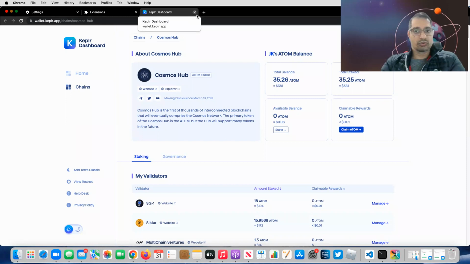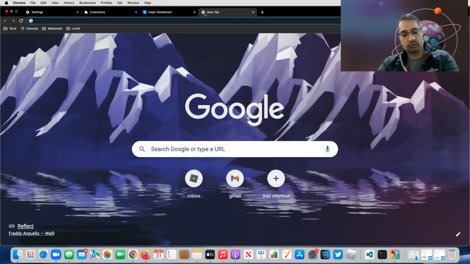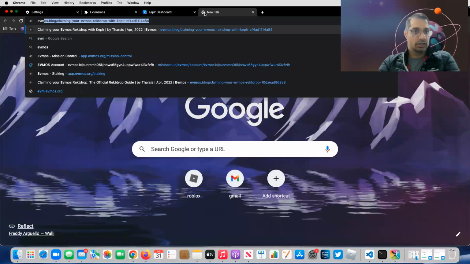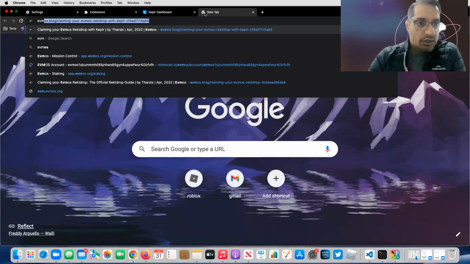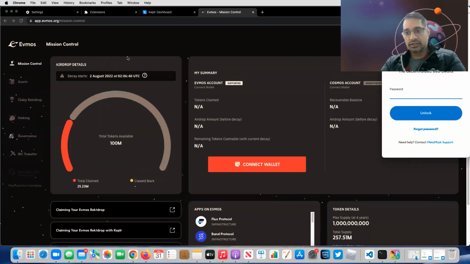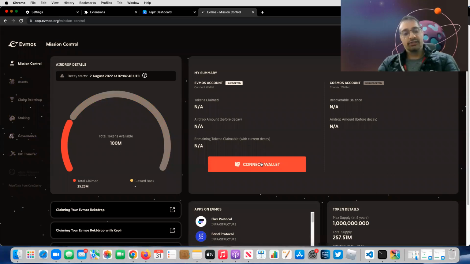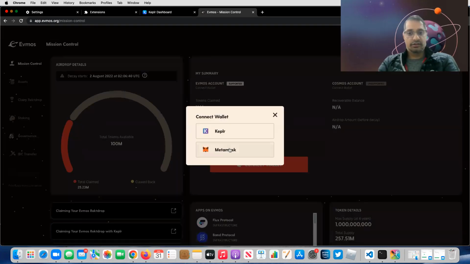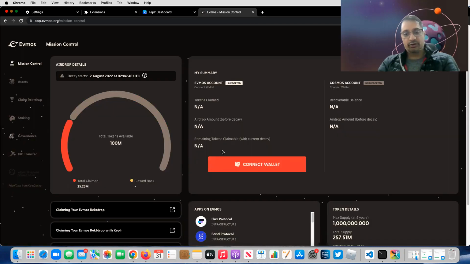So I want to quickly show you about another one, evmos. So I got this airdrop because of staking. evmos is actually a project that enables interoperability between Atom and Ethereum.